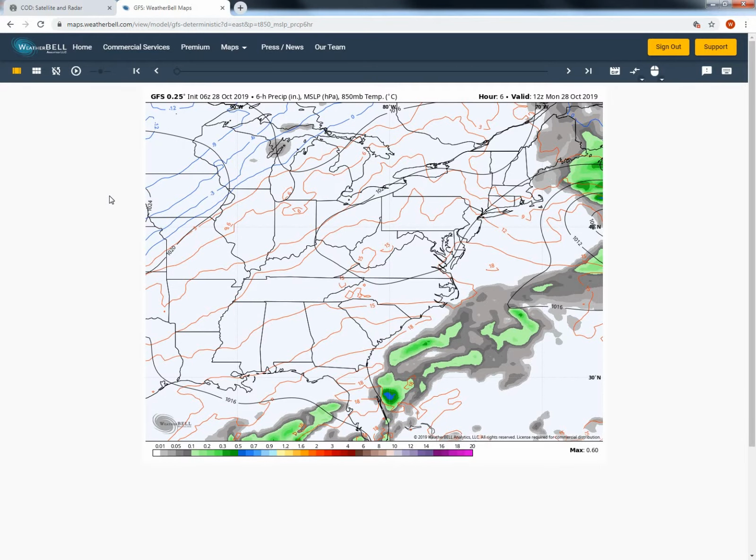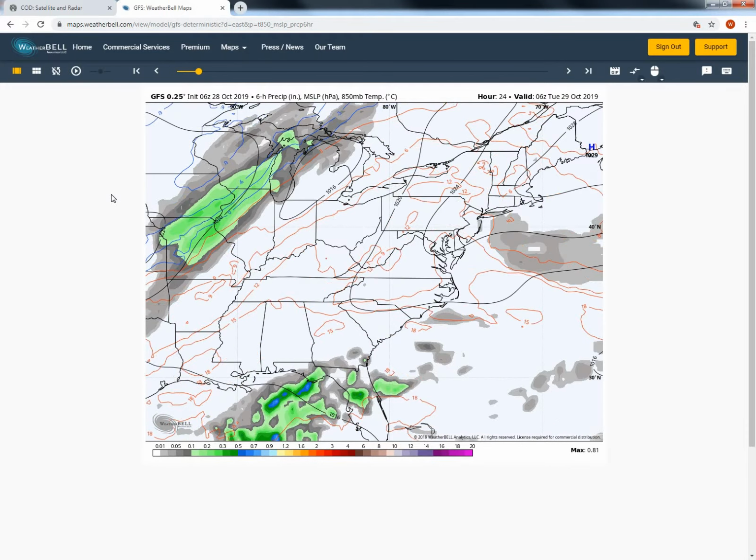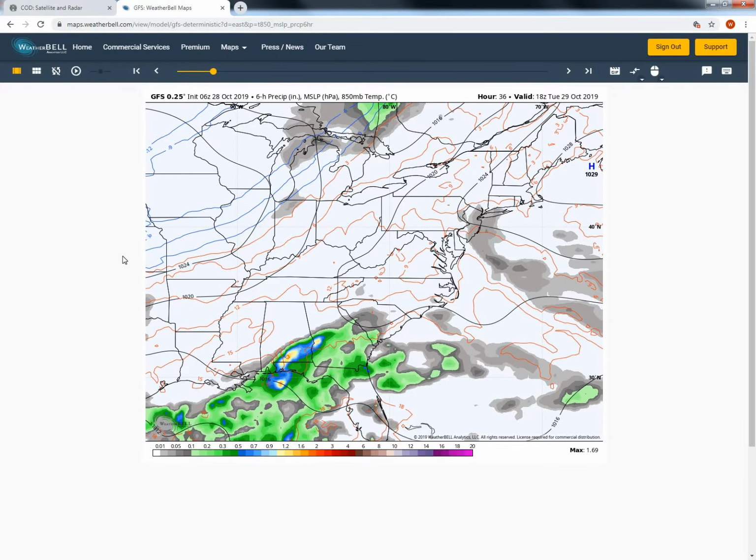Looking at our GFS model for our long-range forecast, here's our Monday. Very nice conditions overall. Tuesday looking like we'll have that area of high pressure over New England, and that's going to provide us with onshore flow. Fairly light overall though, so not expecting breezy conditions, but could see that low level cloud cover during the morning hours,